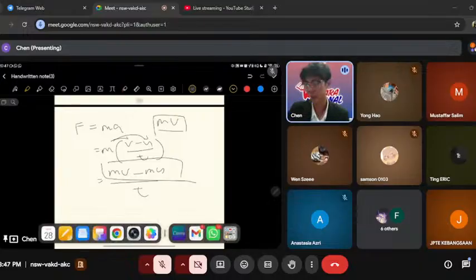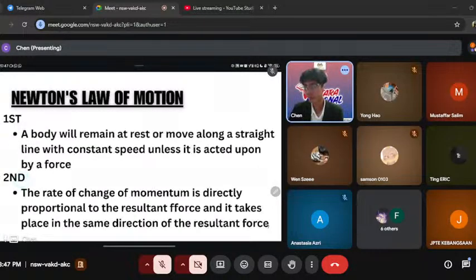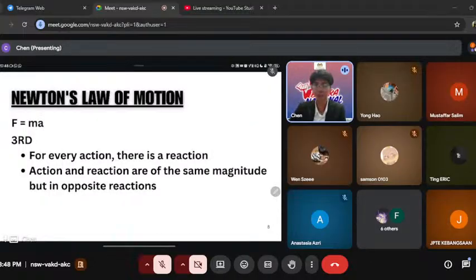So that's exactly what Newton is trying to say in this equation right here: the rate of change of momentum. That's why you get mv minus mu per t, per time. So it's directly proportional to the resultant force, and it takes place in the same direction. That is very important, same direction. I'm pretty sure that most of the exams,